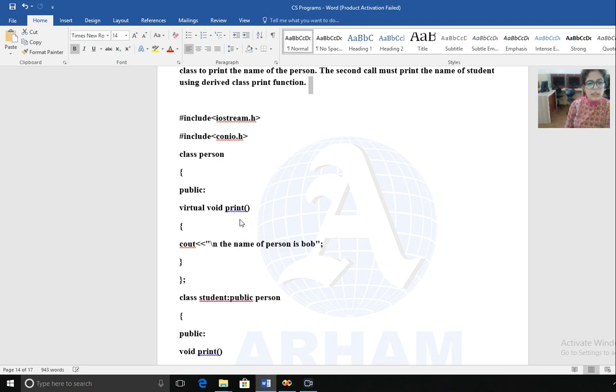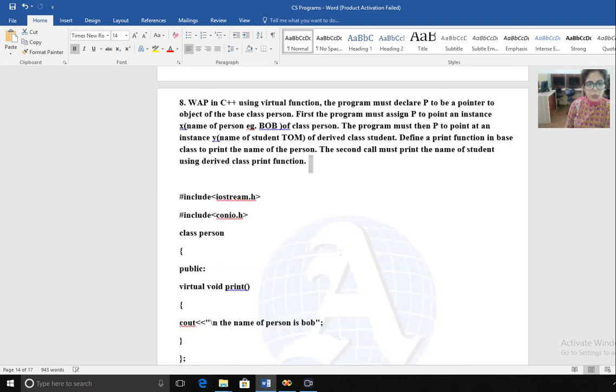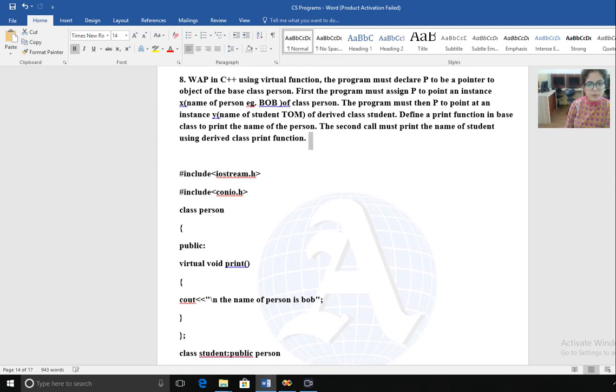Now next is what you want to print inside the function print. For example, you want to print the name of the person is Bob, because in the question, in the base class you have to print the name as Bob, whereas in the derived class you have to print the name as Tom.